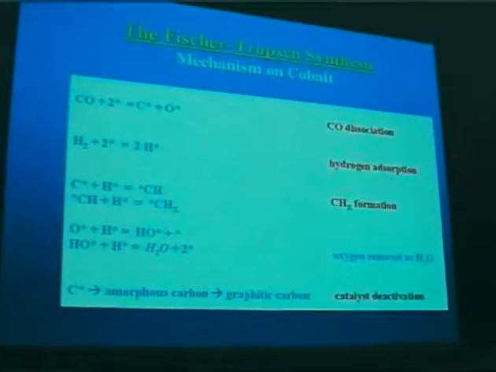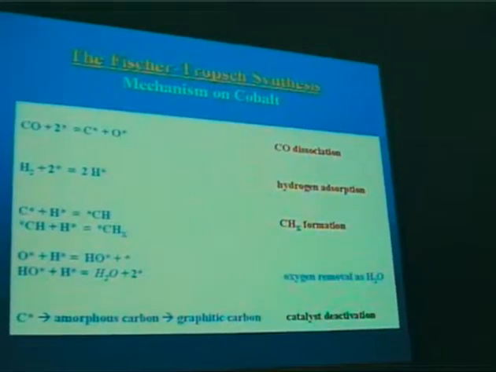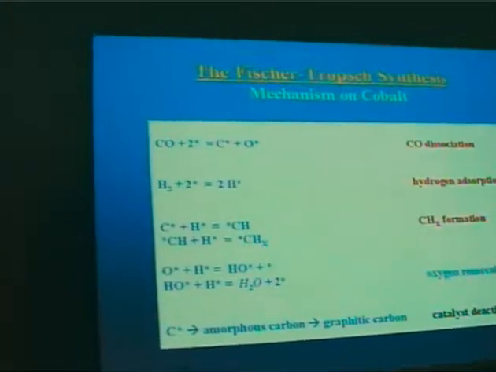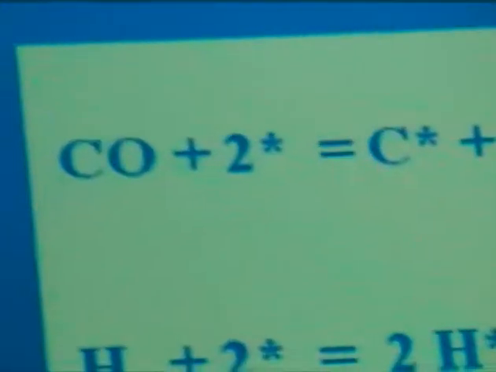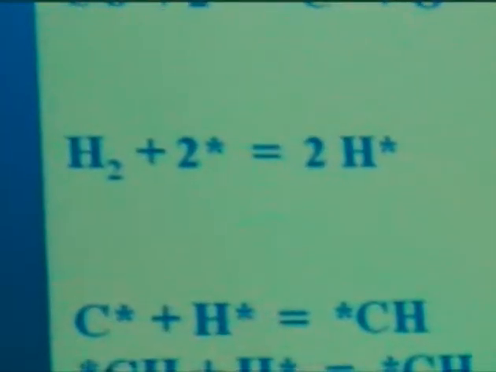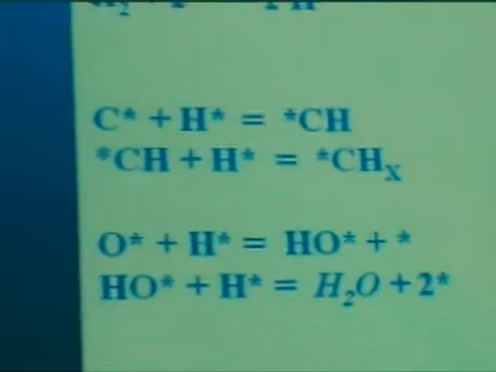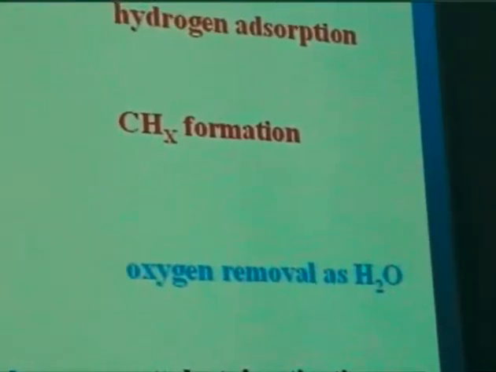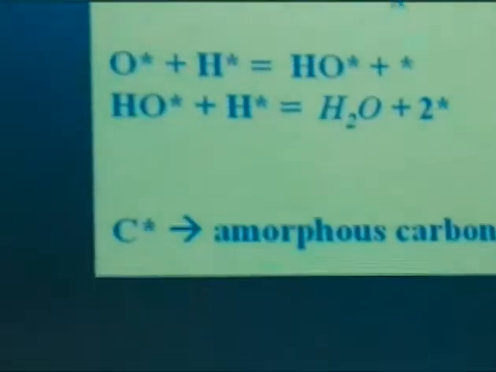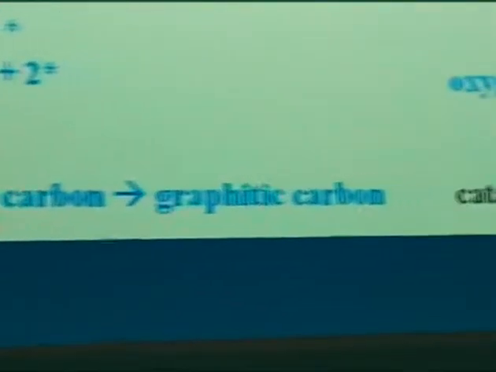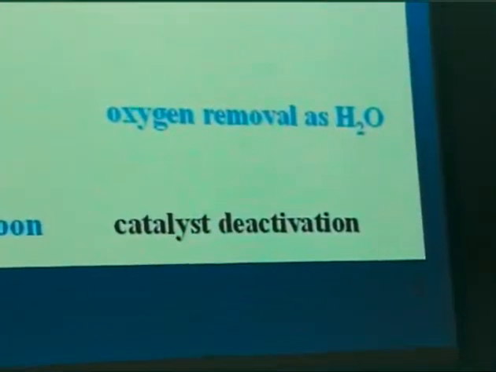Obviously, if you want to try to understand activity and selectivity, you need to understand a little bit the mechanism, and this is the mechanism of Fischer-Tropsch on cobalt, which is pretty well assumed by everybody now. There's been arguments over the years about whether the oxygen stays with the carbon longer or whether this decomposes into carbon and oxygen and gets hydrogenated from there. But of course, for iron, CO dissociation is the slow step, and it's a big issue, and it's why when you promote with potassium, you boost the activity significantly. But for